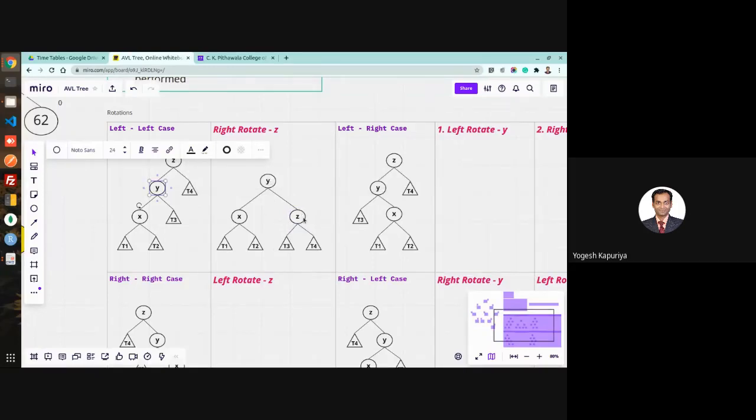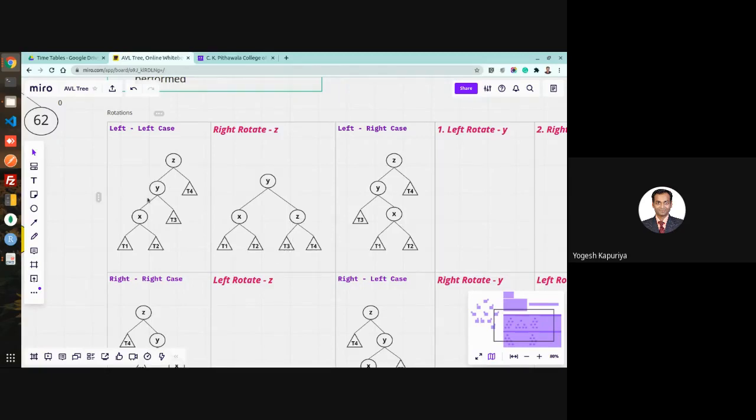Now you try to understand this from the binary search tree property. y was on the left of z. The reason for that is y is less than z. So when your y is less than z, that means z is greater than y. Because z is greater than y, it goes to the right of y. T3 is on the right of y, which is actually on the left of z. So that means anything in T3 has to be less than z because it is on the left side. So when you have this scenario, you can always take T3 on the left of z.